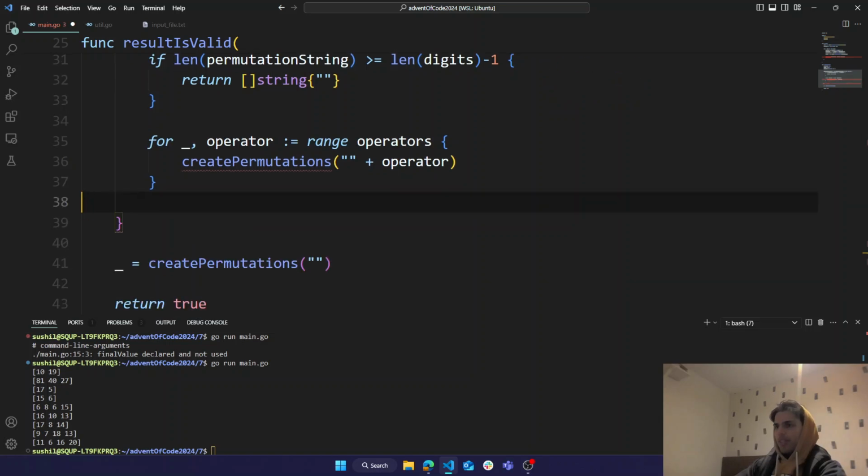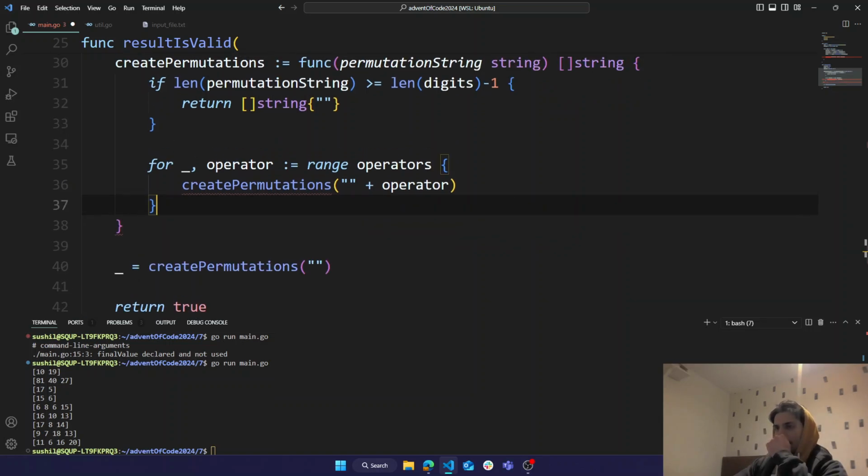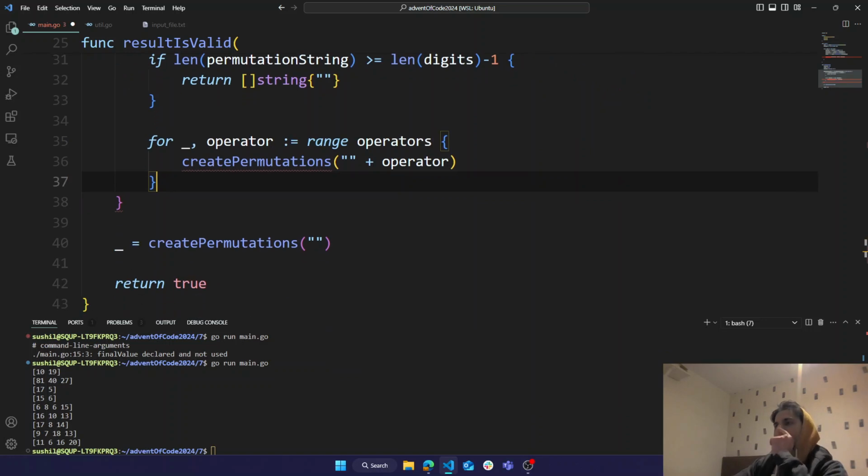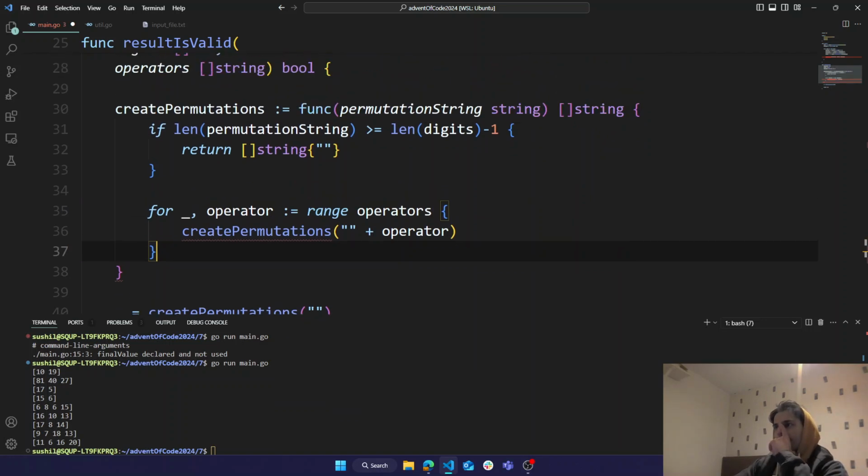I want this to not return false anymore. Okay, so permutation string, it keeps doing that, but we haven't said, okay,